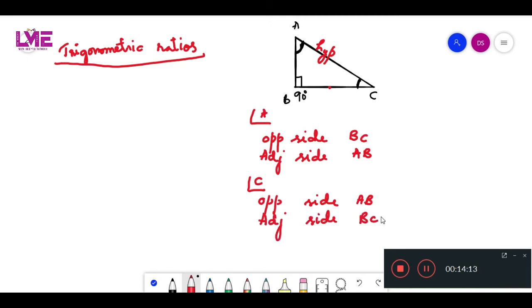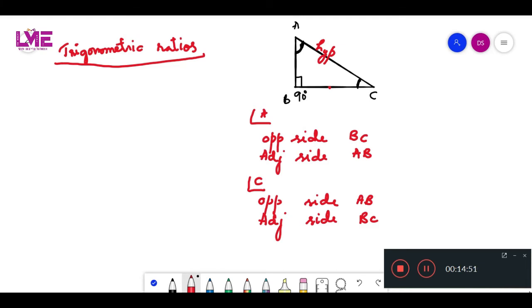So when we form trigonometric ratios, we need to identify different sides of the right angle triangle with respect to the angle chosen. Now here, if suppose I take angle as A, then the opposite side for that is BC and the adjacent side is AB. And if suppose I take angle as C, then the adjacent side is BC and the opposite side is AB. But hypotenuse will be same for both the angles. So AC becomes hypotenuse for this triangle.